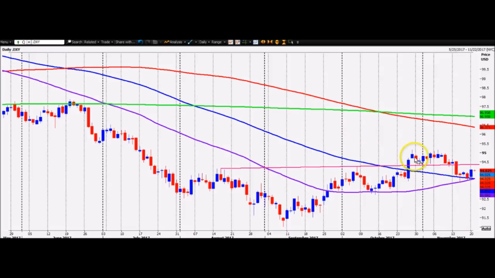I've got a feeling that the failure at this neckline has now pushed all the retail traders out of this trade. They're going to forget about it. But we're getting quite a positive moving average cross situation here. We've got a good move up yesterday from the 100-day moving average and the 55-day moving average, and it would just be typical of this sort of scenario where the big guys have pushed out the little guys, and then the big guys just take the market straight up. So watch what happens there, but that wouldn't surprise me at all.